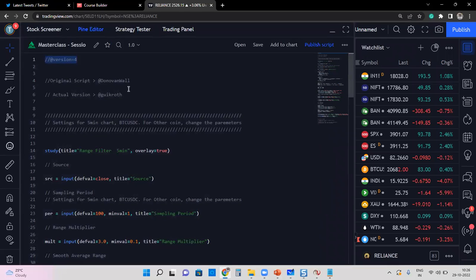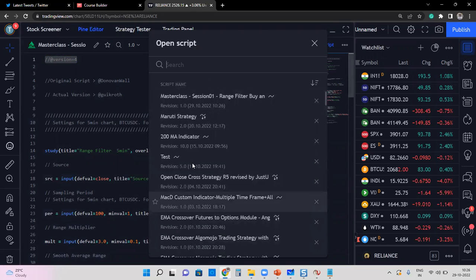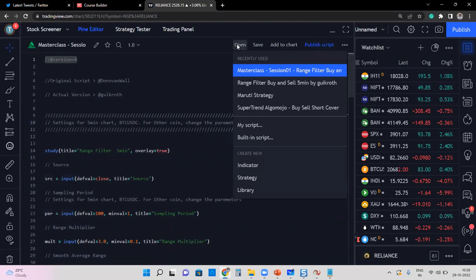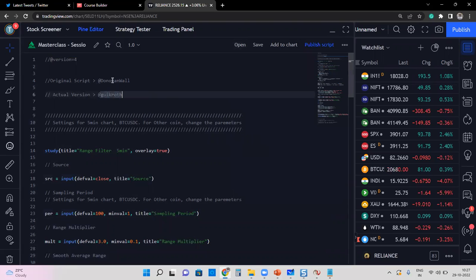It will be stored under my account, under my scripts. I can always go and open any scripts from here. If I click on open, I'll be able to go to my scripts, and from here I can see all the scripts. Likewise, I can go and see the built-in scripts also. So they have given two variants, my scripts and built-in scripts. So you know that this is in version 4. In version 4, you can see they are using a different format: study, and they're using input. If I want to convert version 4 to version 5, they are giving a converter. Version 3 to version 4 we can convert, and likewise version 4 to version 5, so that it comes to the upgraded version,